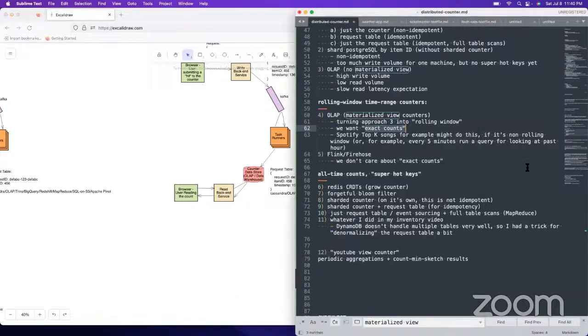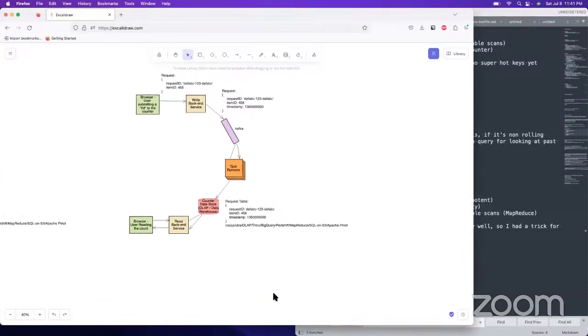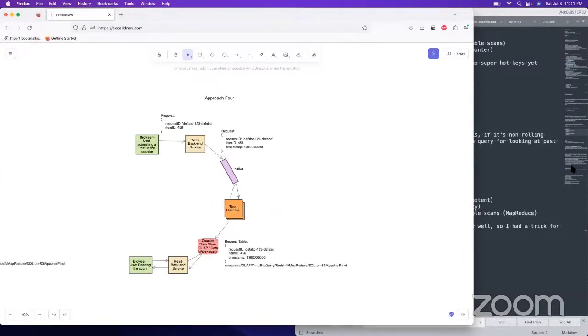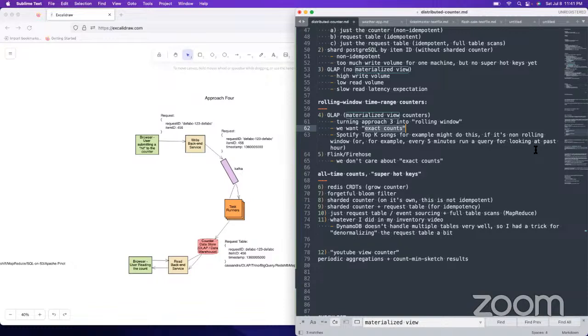All right, so we've covered that. I think this is approach 4. I did cover the YouTube view counter below approach 3 and the diagram file there.